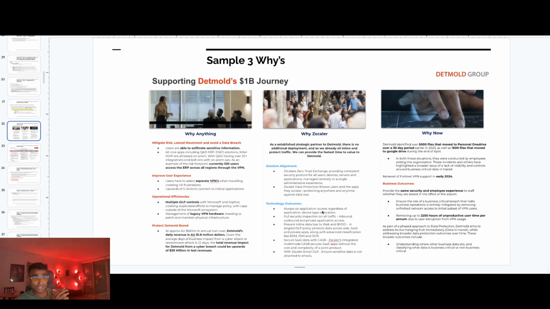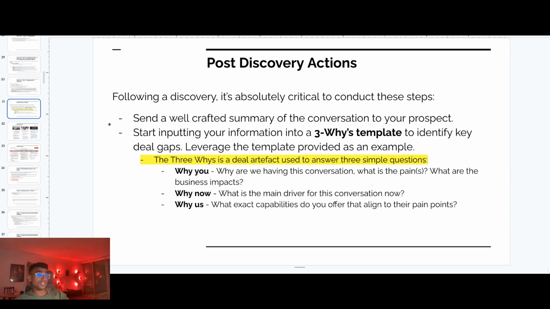and then take that same transcript, ask GPT to summarize the key challenges and the pain points, include anecdotes. So tell GPT, include quotes and anecdotes that are critical to any of those pain points, and then ask GPT to also, say, create a table or maybe create 2 sections, and then say, hey, provide me any information around why the customer wants to tackle these problems now, and any information around timelines. So that way you can start to see, like, why anything, aka pain, why now, aka urgency, right? Like, you can start to figure out the components of your deal, which is incredibly critical. So that is your 2